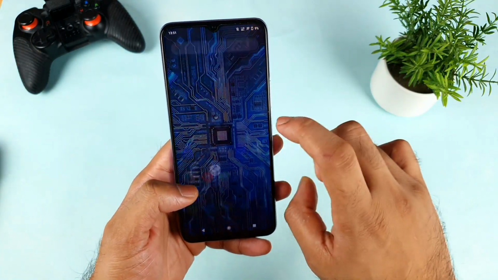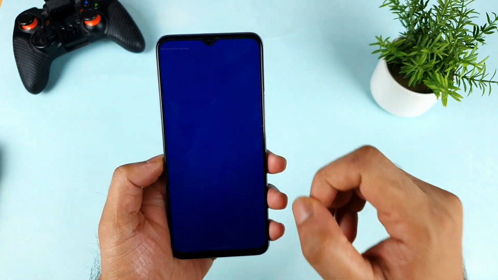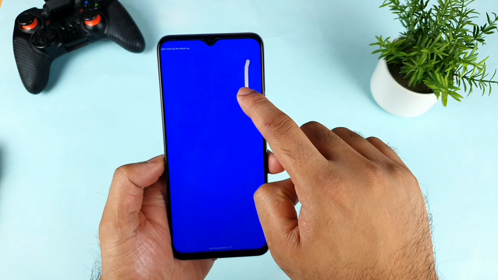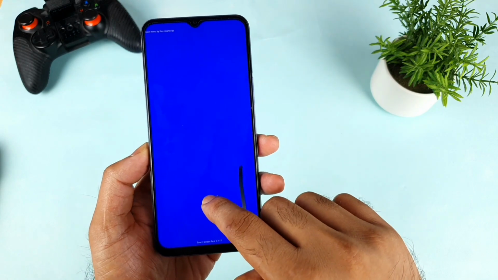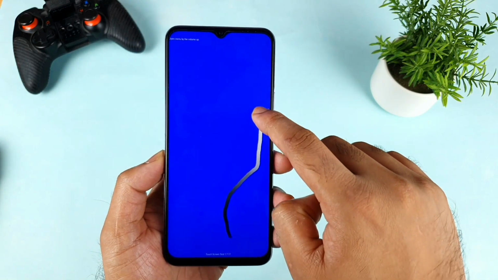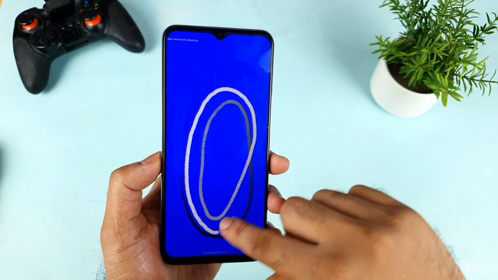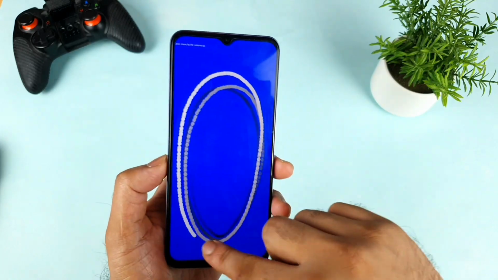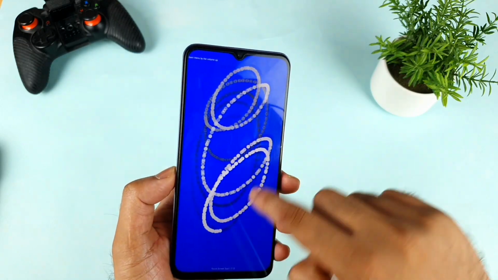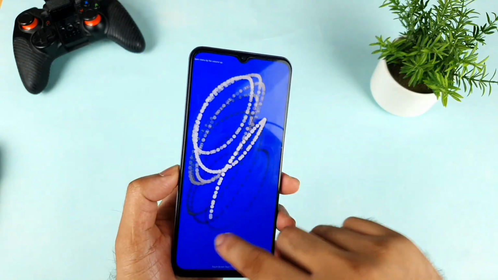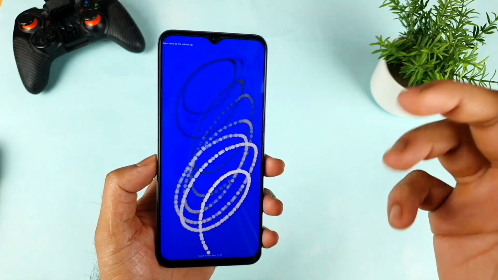Let's move to the next application, which is another screen. This application is mainly useful to test how many touches it will detect. Let me move my finger, friends. As you can see, I'm moving the finger and it's detecting each and every touch without any kind of issues. It's detecting very fast, no problem. Let me move a little bit faster. Now you can see the change when I move faster. It's not detecting every touch. You can see the gaps in the middle as well, friends. Now you can see it's detecting only a few touches. If the phone has got a really high touch sampling rate, then definitely it will be able to detect many more touches. That is what this demonstration is.